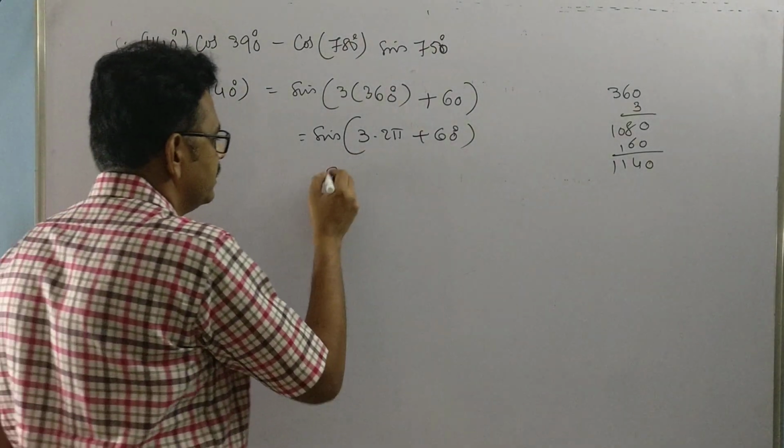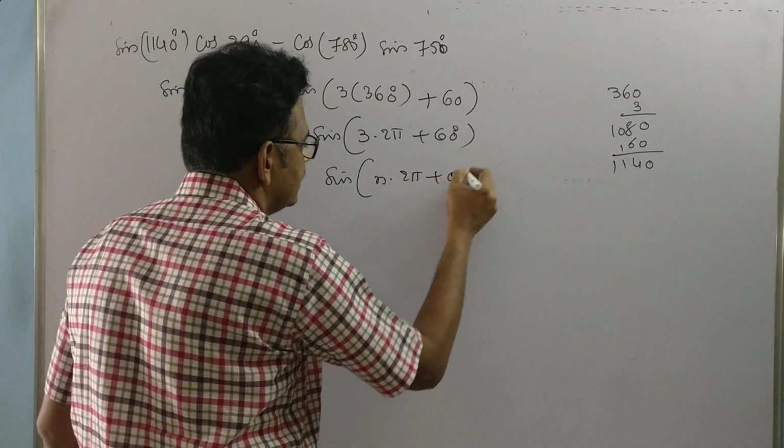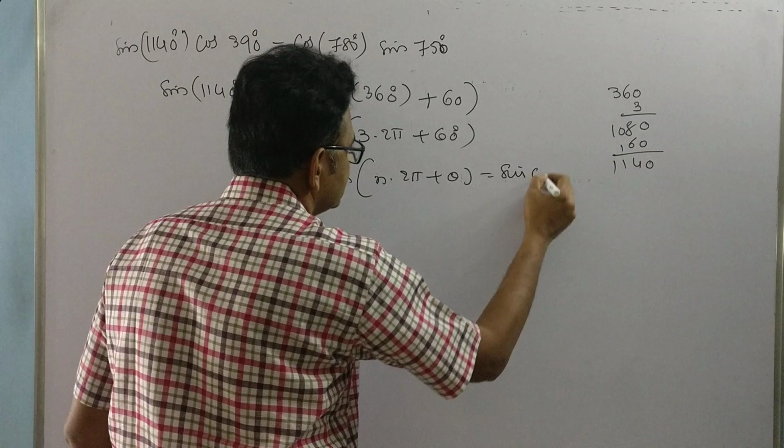We have the formula sine of n into 2 pi plus theta is equal to sine theta. So using this formula,